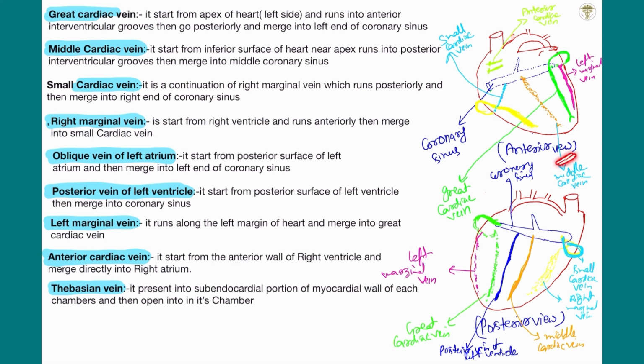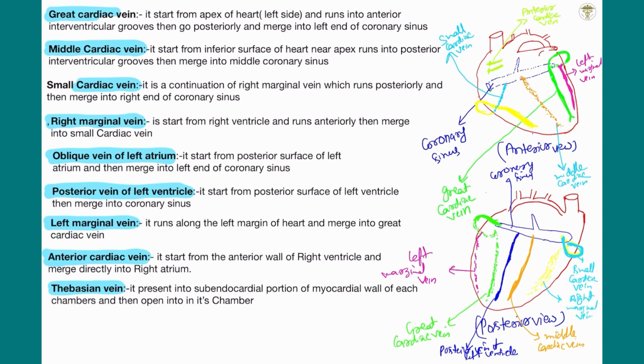First of all, I will discuss the anterior view of the heart, then I will discuss the posterior view. In the anterior view, these three veins are visible: the great cardiac vein, the left marginal vein, and the right marginal vein. These are present in the anterior-most portion and are visible in the anterior view of the heart, and they drain the left and right ventricles, the left portion of the ventricles, and form the apex of the heart.